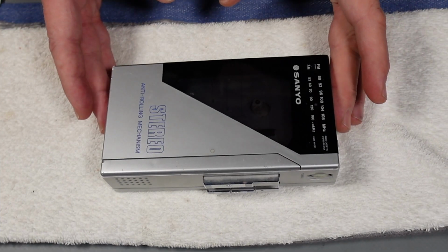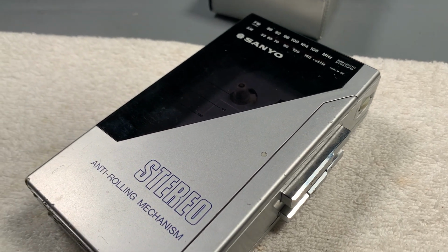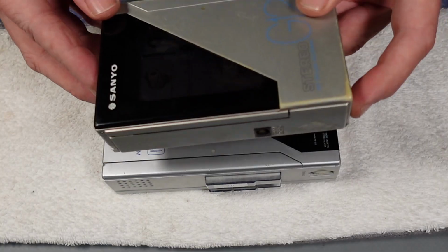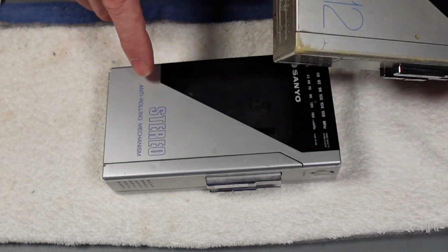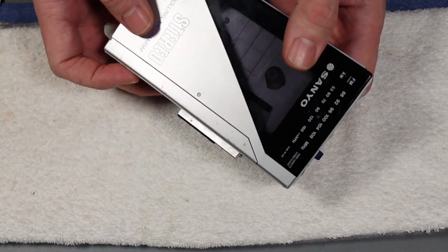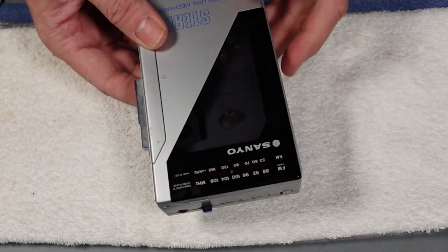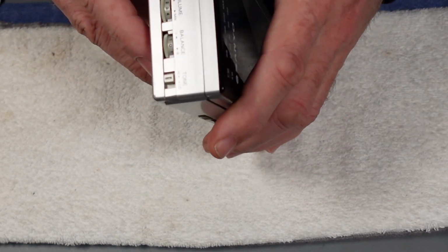Today we're going to take a look at this Sanyo personal radio cassette player, and this is the MG32. It's basically a kind of an upgrade from the MG12 that I've got here, except for the fact it has the radio built in. Now, features wise, it's quite a nice little piece of kit, to be honest. It's solidly built. It's not massive in size, but it feels quite heavy. As I say, you've got your AM FM radio built in there, but also it's quite a nice little tape